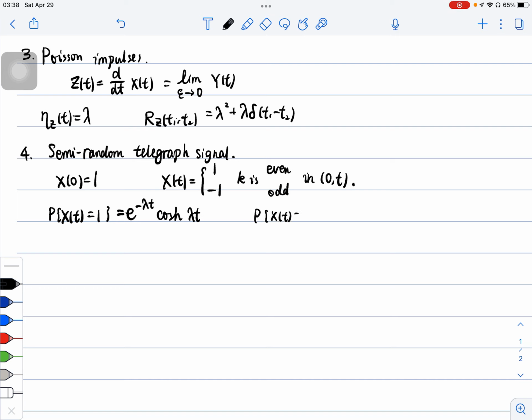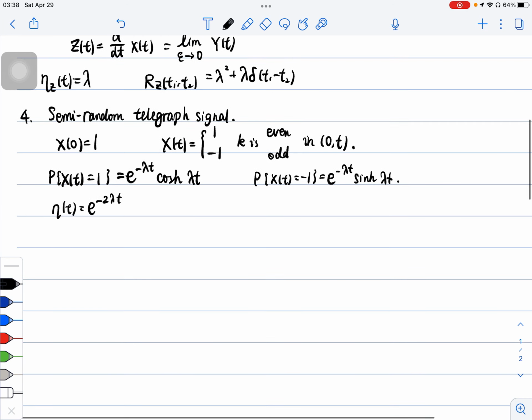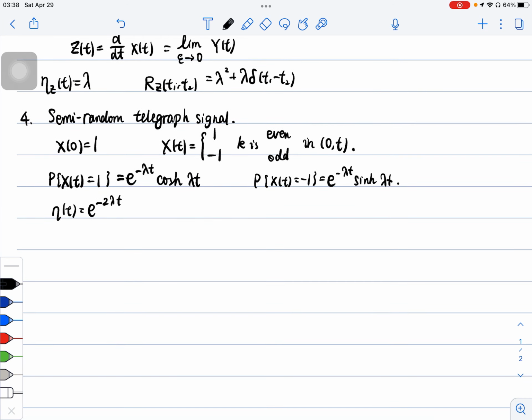And similarly, the mean value is e to the power of minus 2 lambda t. As time goes, the expected number is closer and closer to 0. And the autocorrelation is